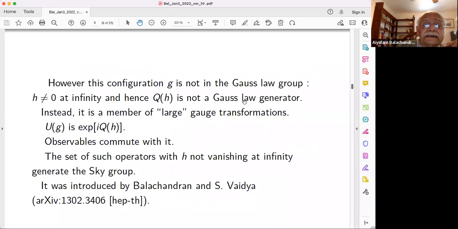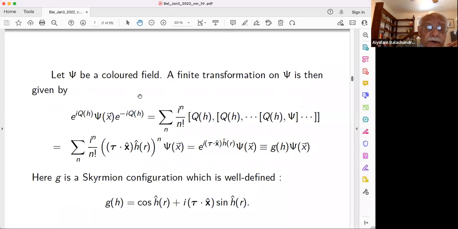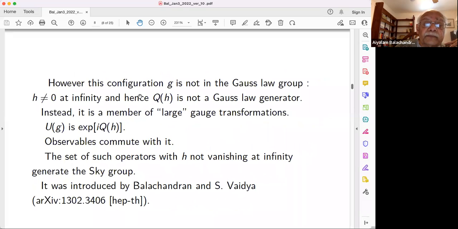But this configuration is not in the Gauss law group, because this h I wrote down does not vanish at infinity. The test function which comes in the Gauss law, which vanishes on the quantum state, has to go to 0, but that is not the case here. So this is what people in the literature call a large gauge transformation, an example of one. And this U of g is exponential iQ h. So this is a gauge transformation